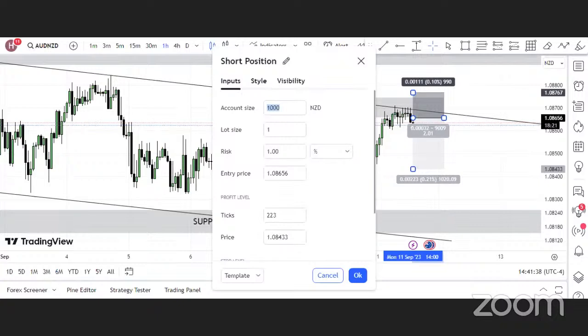Let me repeat that one more time. Take profit 1.08433. All right. Then for our stop loss,